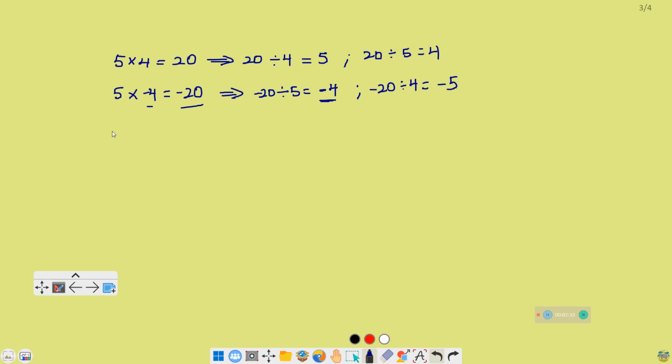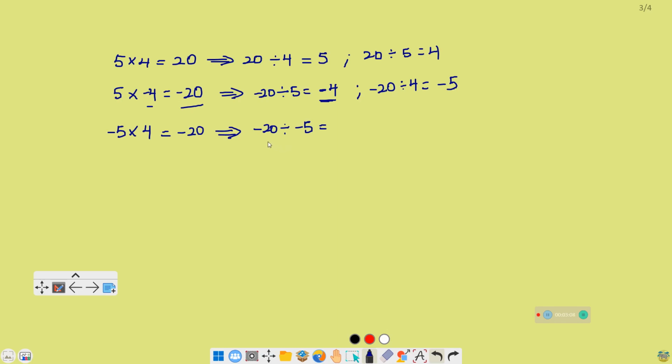So let's take another example. Let's assume 5 is negative this time and 4 is a positive integer. What is negative 5 times 4? Again we'll get 20, and a negative 20 because one of them is a negative number. So we get a negative product. In the same way, if you divide this negative 20 by negative 5,